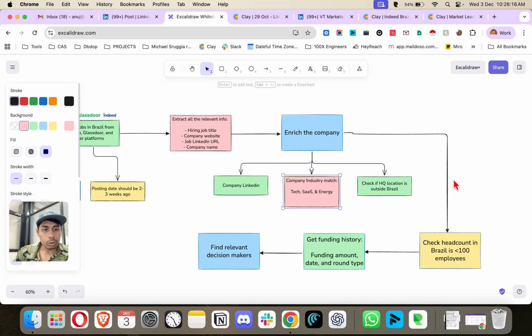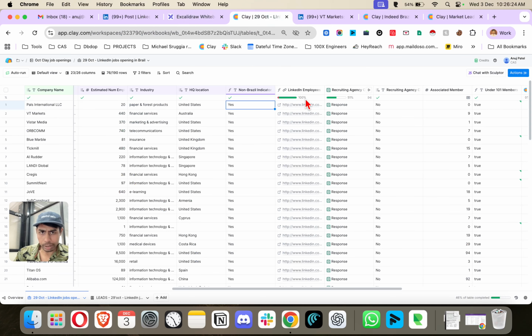Now, if we move to the third step, we wanted to check if the number of employees in Brazil is less than 100 or not. Now, this is a bit tricky because I've used find employee headcount by country as well, but it is not giving us accurate results. So what I did here is, just to show you,